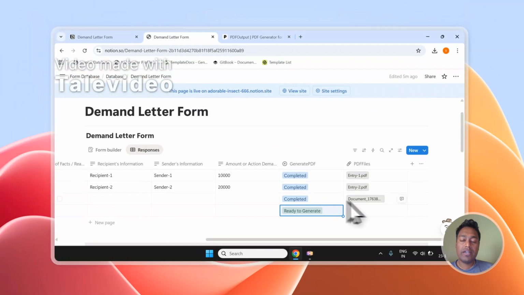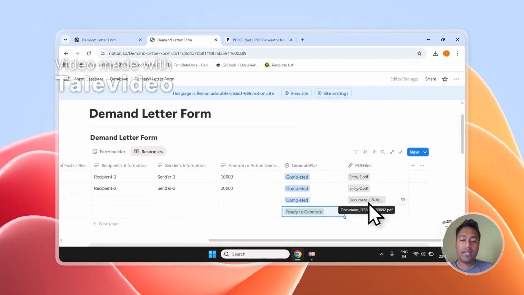And you can see it has already transformed this document into a PDF file as we were discussing this, and it has created the PDF file right over here inside the database. Okay, this is how the automation works live, and it creates the entire